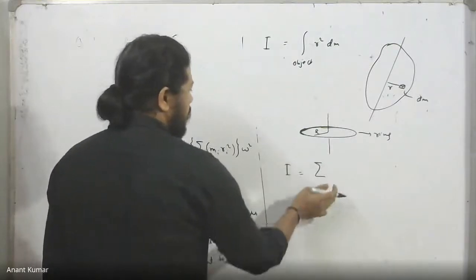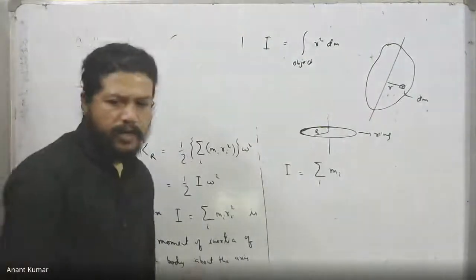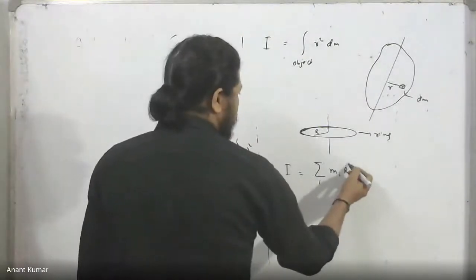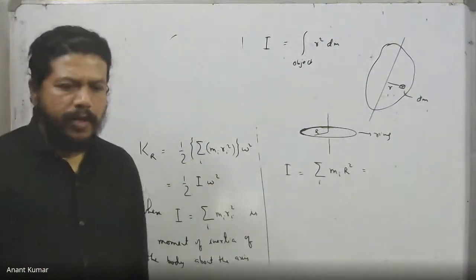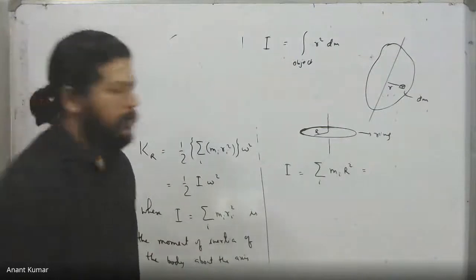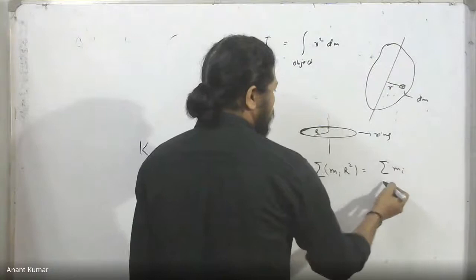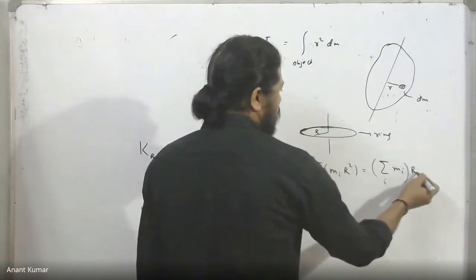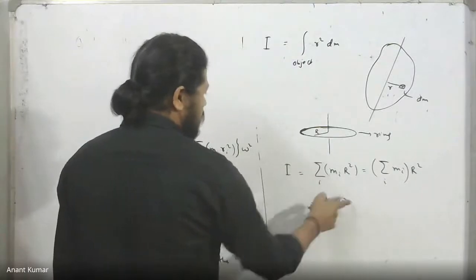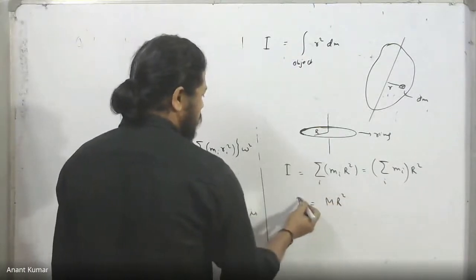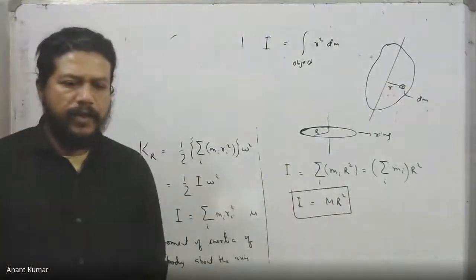I notice in this case that for this summation or integral, whatever you can call it, I can always view this ring as made of point particles. But in this case, R is the same for all point particles, so I can just take R squared out of the summation. That will be pulled out of the summation to give us summation of Mi into R square. So that is nothing but the total mass. So I get in this case mR square. So for a ring, for instance, or a hollow cylinder, the moment of inertia is nothing but mR square.